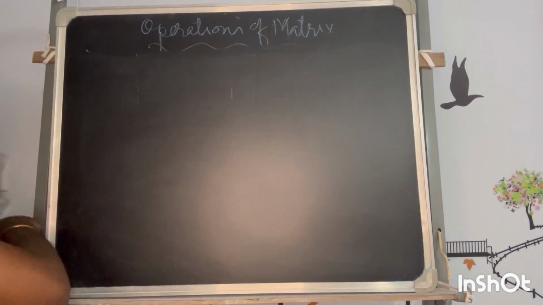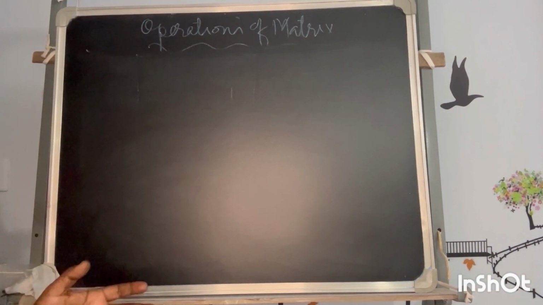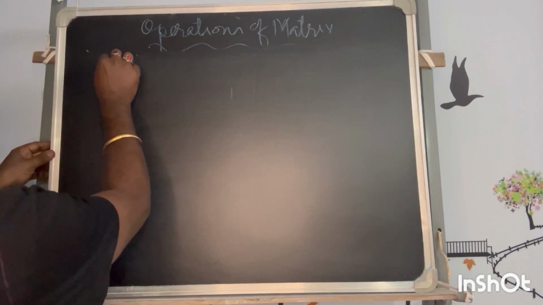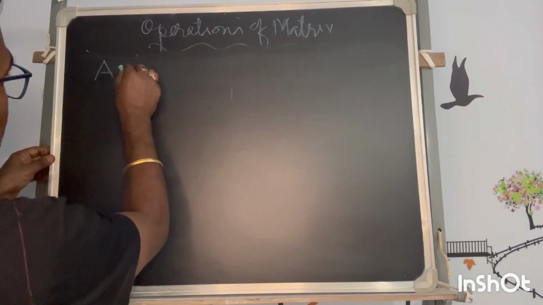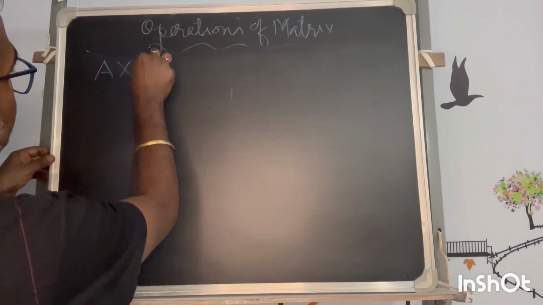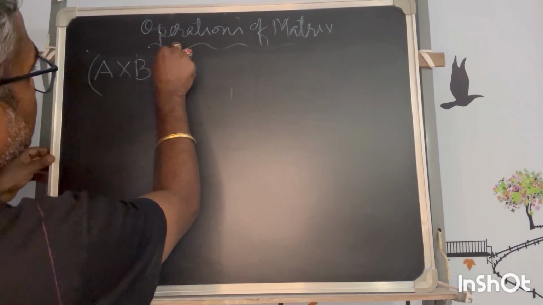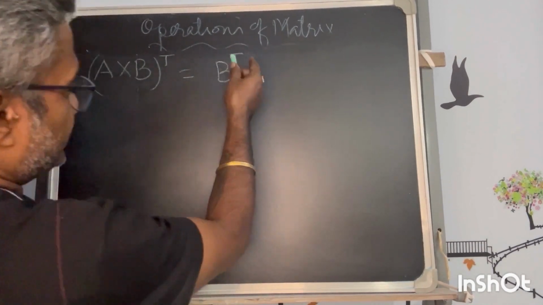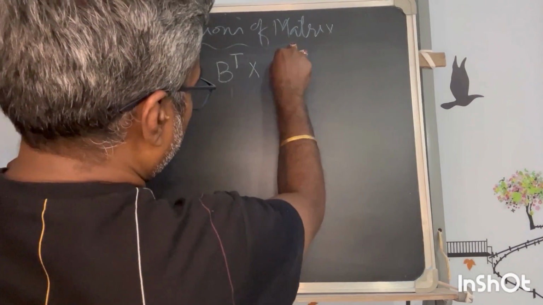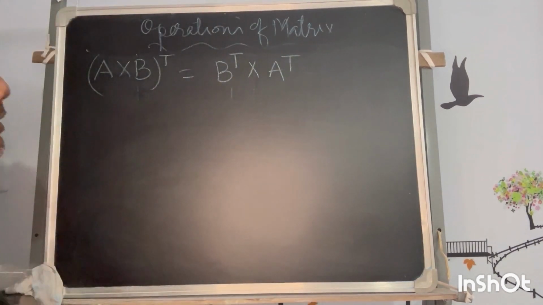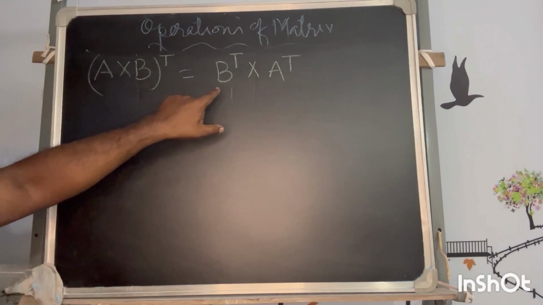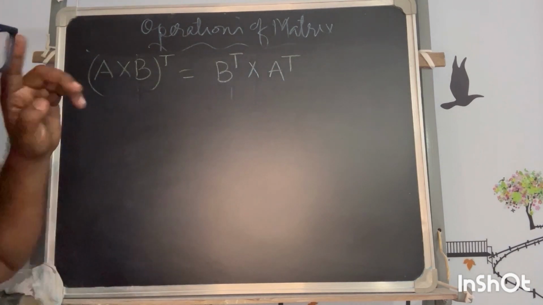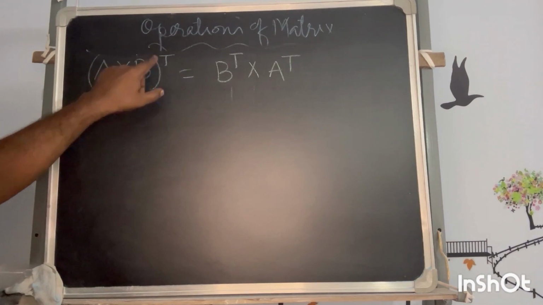that I have explained just as a property of any matrix. One of them was regarding the transpose. What I have told is that if two matrices are there and I take the transpose of their product, that is equivalent to the transpose of the second in order multiplied by the transpose of the first in order. So that means if I have to get (A cross B) whole transpose,